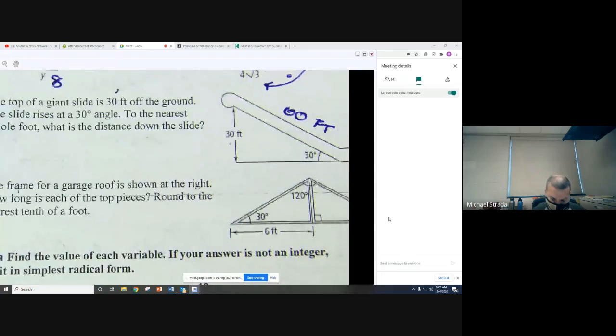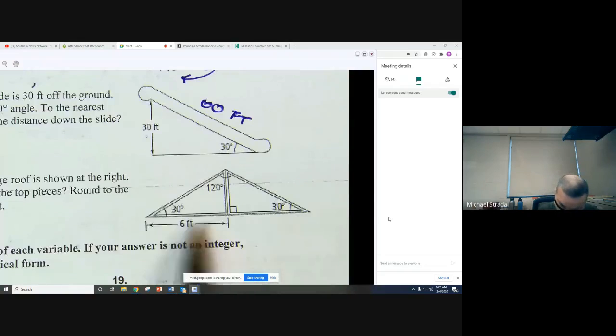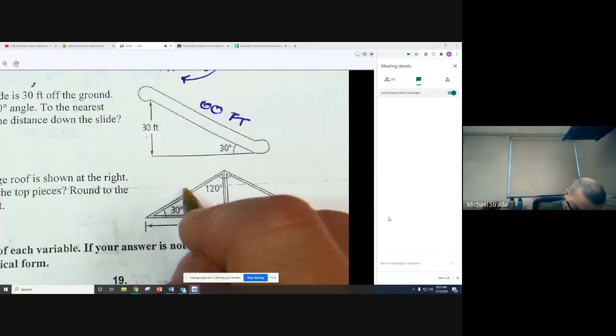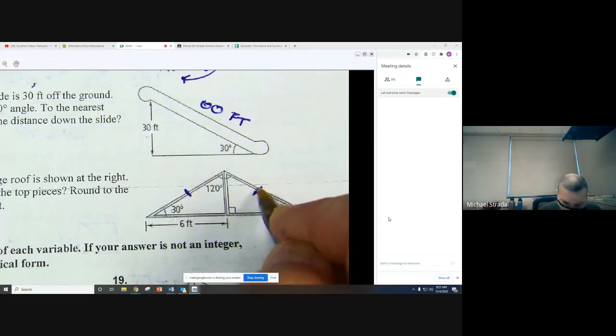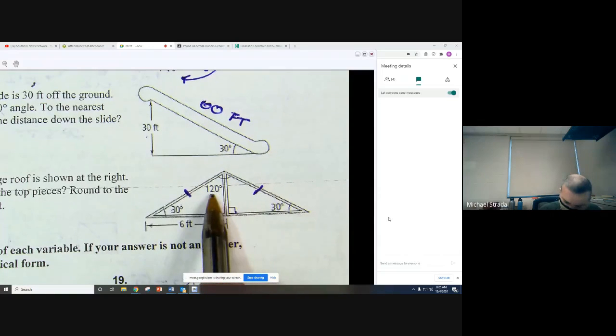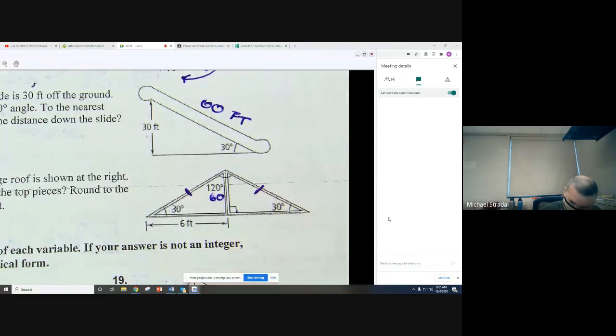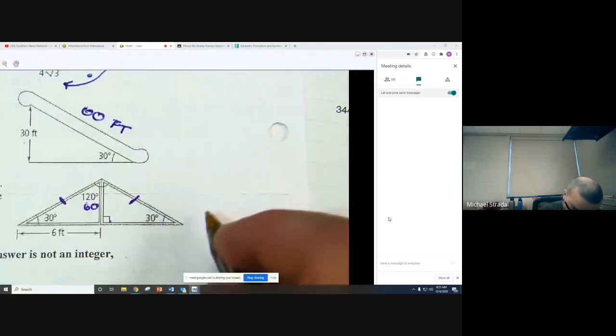17 says the frame for a garage roof is shown at the right. How long is each of the top pieces? Round to the nearest tenth of a foot. Okay, so here's the idea. That's an isosceles triangle, the shape of the roof. So these are congruent. That means that angle is bisected if that's the right angle. What's half of 120? 60. So that's a 30, 60, 90 right triangle. Okay? So if I draw that separately,